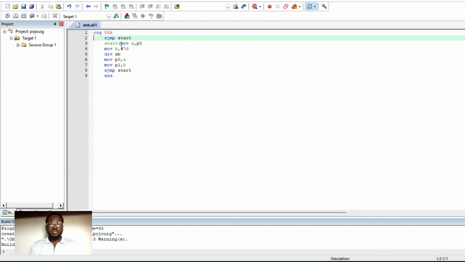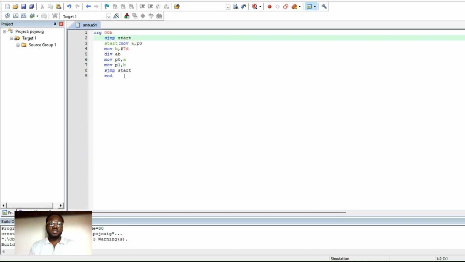The next part of this code will read the input number from port 0. The next line is about loading the divisor 7 into the register B. So here we can perform the division using the 8051 built-in division operation. After division, we'll get two different answers. The quotient goes into A, and the remainder is stored into B. The next two lines are about sending the remainder to port 1, and the accumulator to port 0, and here the SJMP start, and the end will be the infinite loop